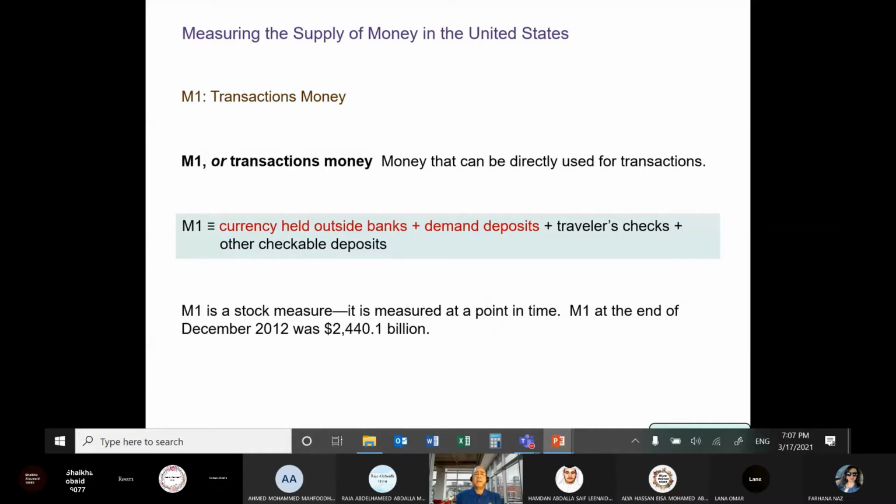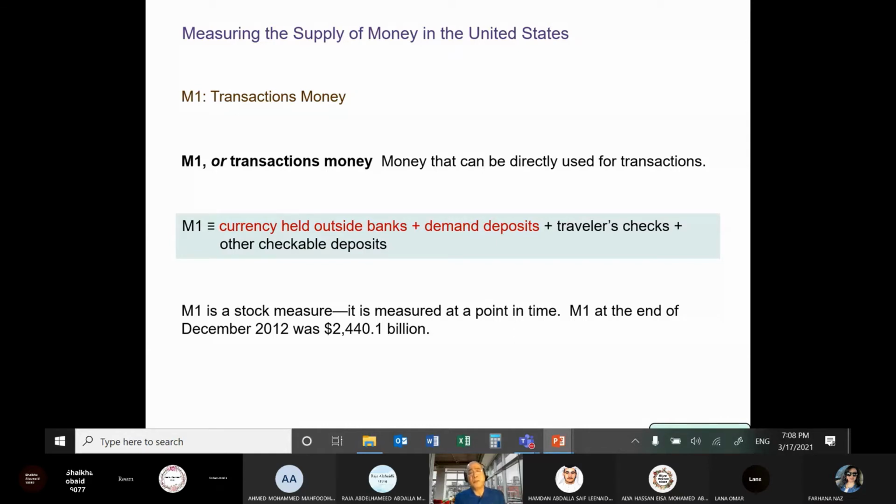For example, at the moment, Salim holds 300 dirhams in his wallet. So how much do I have right now? Only 300 dirhams in my wallet. Lana has 500 dirhams. Farhana has 2,000 dirhams. So money in our hand, banknotes in our pocket, outside of the banking system,